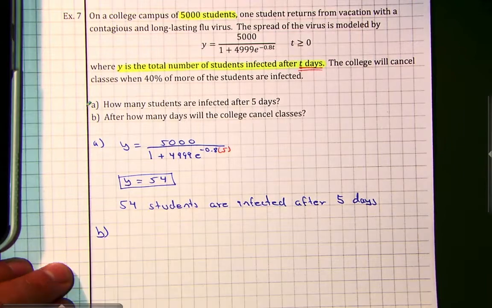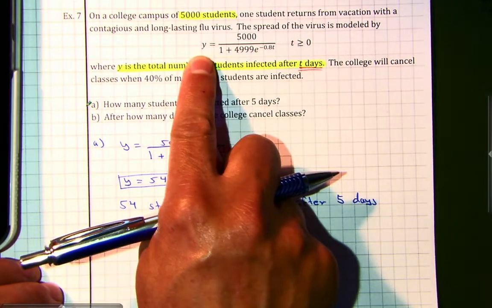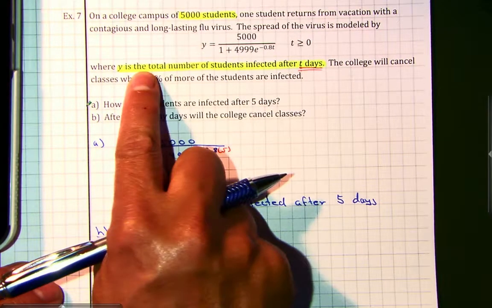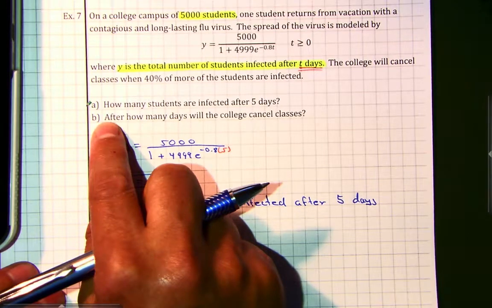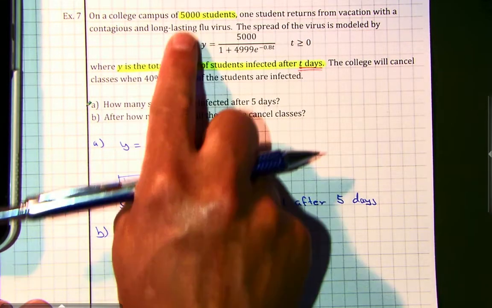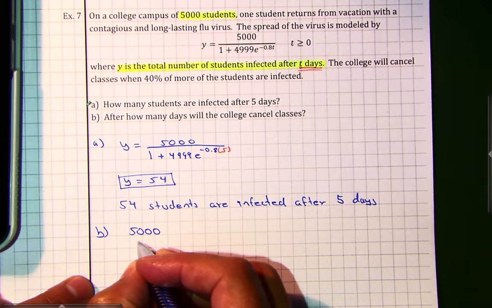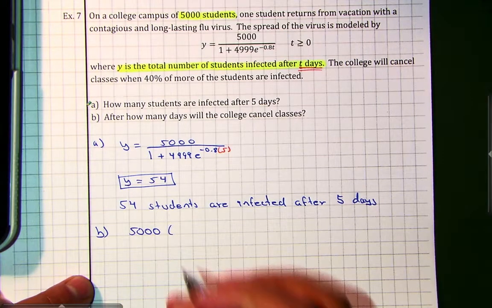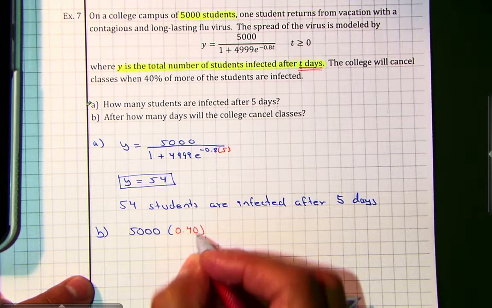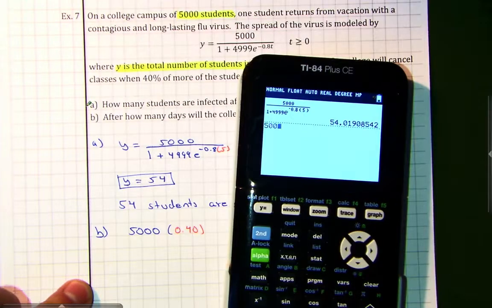B. How many days will the college cancel classes? So y is how many students? And the college will cancel classes after 40%. So I need to be able to find out what's 40%. So 5,000 multiplied by 40%, which is 0.4. Correct? So just use the calculator. 5,000 times 0.40